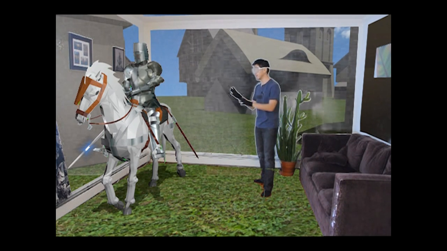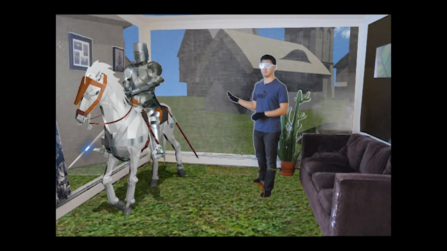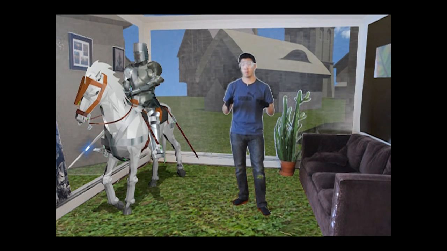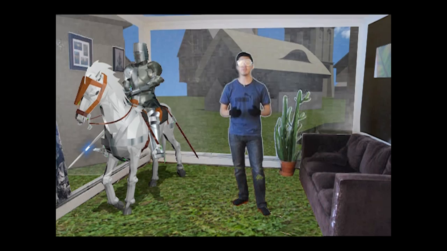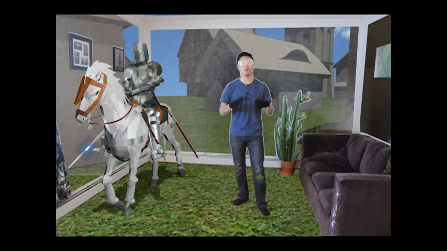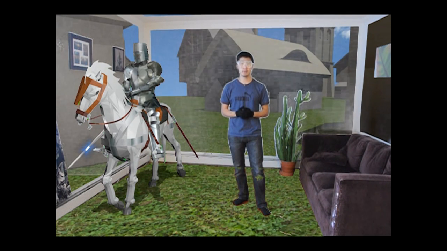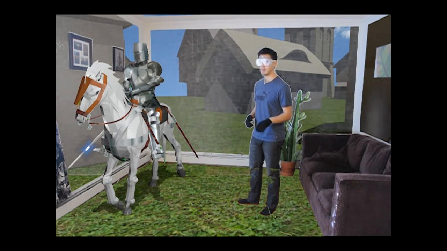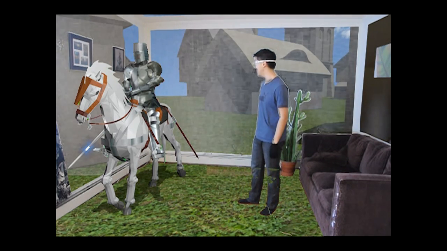Now, before I really dig into the specifics of spatial computing with the home theater system, I just want to make a quick disclaimer. What you're watching here was built with 3D modeling software and clever video editing. This is just a design sketch. The point of these videos is to imagine what the future may hold. And hopefully, by the end of this video, you'll see that the future of the home theater system will provide a robust set of rich experiences that'll overturn the way we think of and engage with home theater. So why don't we go ahead and take a closer look at what the home theater system with spatial computing has to offer.